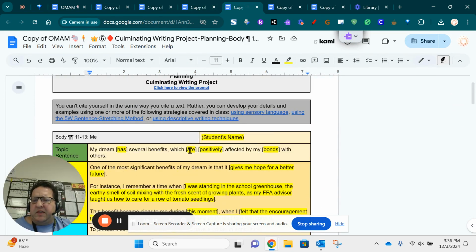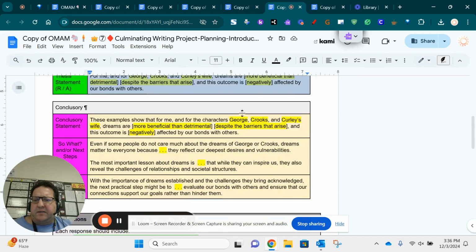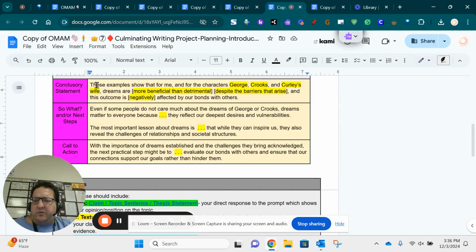I'm going to do the same thing here for the body paragraphs that have to do with your own personal experience and dreams. And then I'm going to be back at number 7, and I'm going to get the conclusion, which is these sentences here. Okay, and then I'll pick it back up and show you the next step.